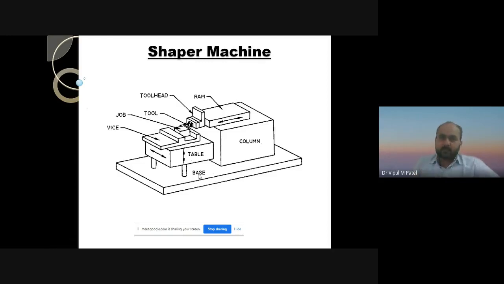But over here, our workpiece or job is stationary. With different holding devices like a vise and a table, we can easily hold the workpiece, and with the use of this mechanism, we can easily make a key slot on the workpiece or job, right?